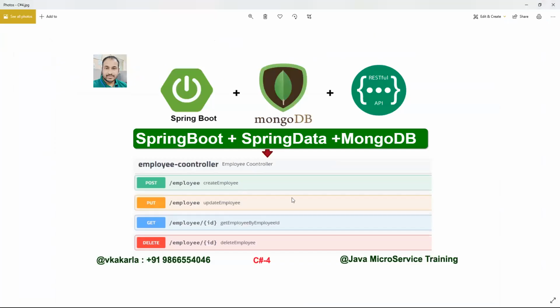Our next class will be REST communication. I will add REST communication, covering how we can communicate from one microservice to another microservice. Up to here we have covered SQL database CRUD operations and MongoDB CRUD operations. If you practice these 2 classes, you will understand the next level classes also.